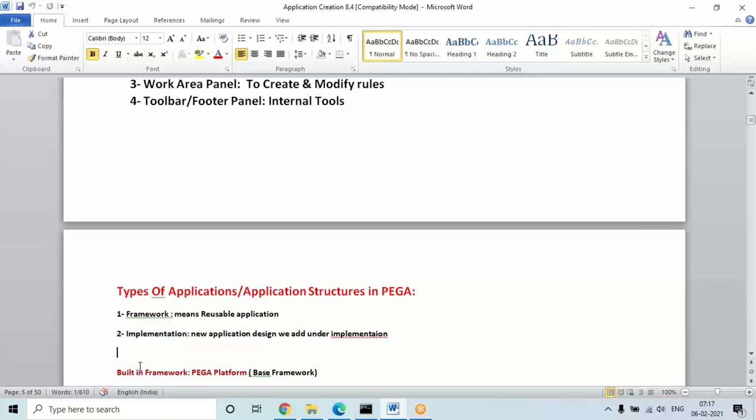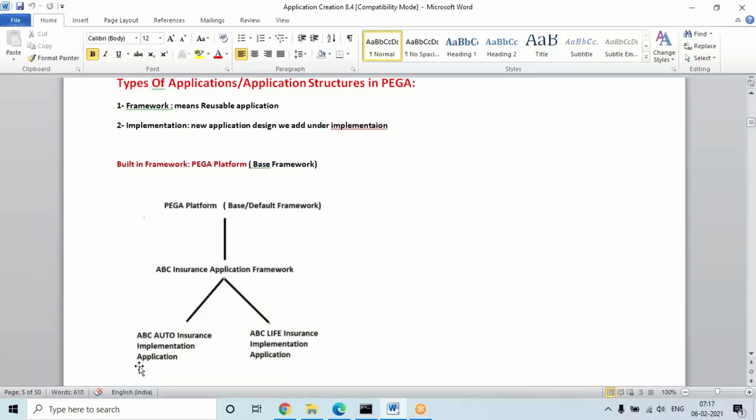Okay, suppose I'll show the structure where you'll understand easily. See, any project when you're starting, in real time this setup will be done by the leads. So in real time you're not going to do this, but it's not a big thing, just one or two parameters we have to pass in the widget, and the application will be generated automatically. Basically this structure, or this application, is already available.